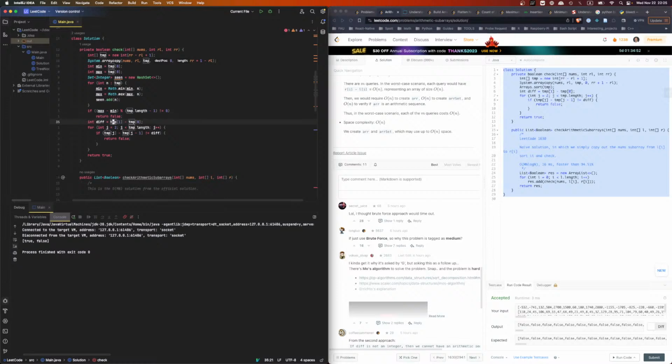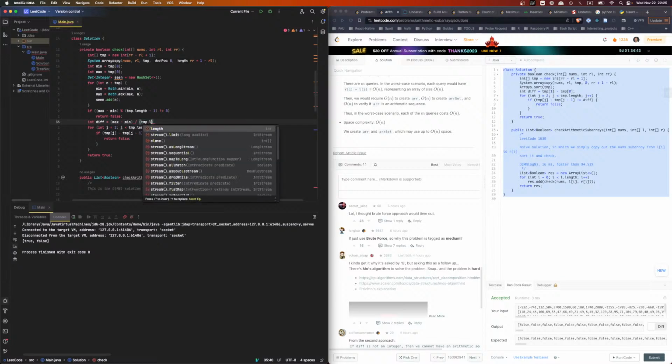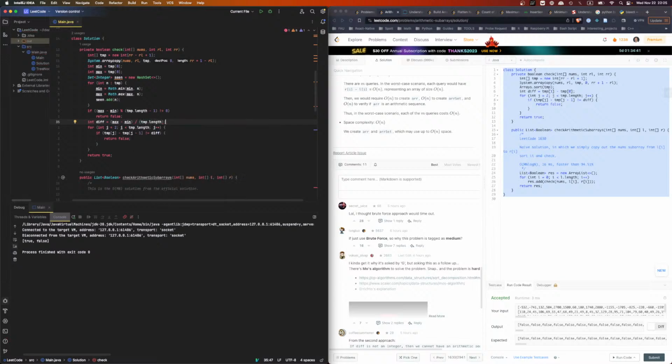Otherwise, the diff is max minus min divided by temp.length minus 1. Okay. Now what we need to do is